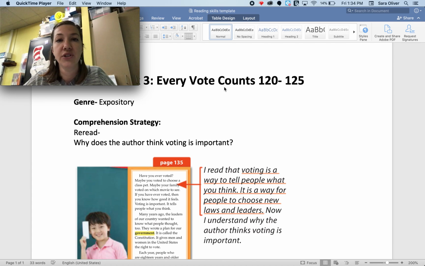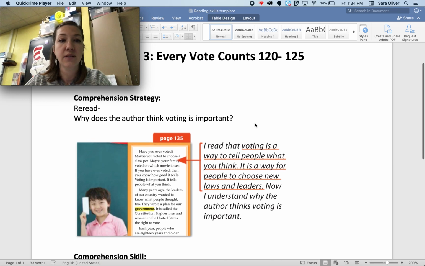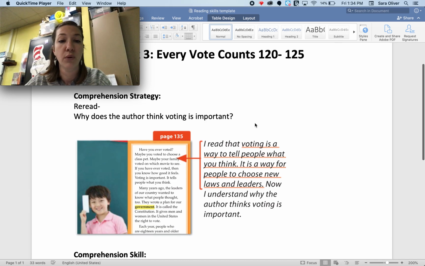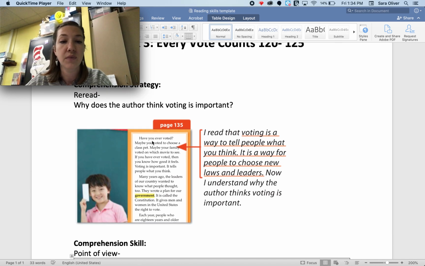Our comprehension strategy this week is rereading. And a question that I was asking myself in the text was, why does the author think that voting is important? So if we go back into the text, I would either scan for the word important or the word voting. So as I'm scanning through,